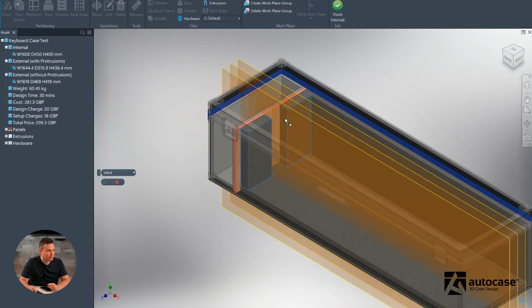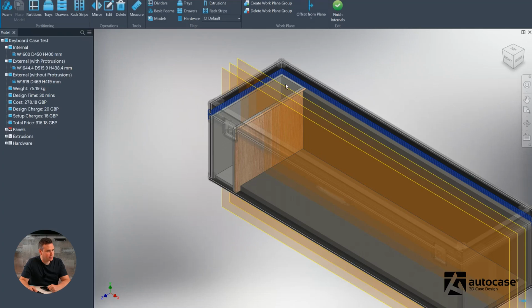We can multi-select these two pieces of foam, for example, and then we can either leave it on this select function, or we can choose a number of other things that the program senses that we're trying to do. So we'll leave it on these two parts. We can delete those two pieces of foam. So if I just hide for now